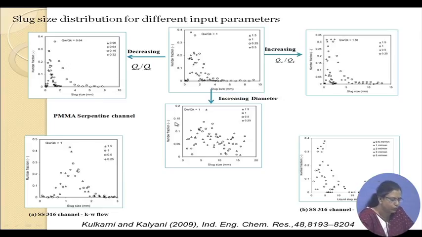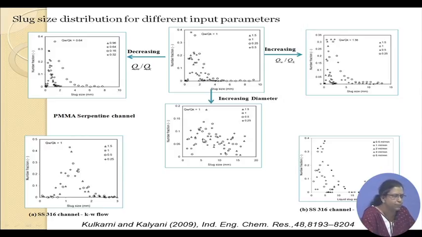From these experiments we find that when QW by QK, the flow ratio of water and kerosene, is not equal to 1, the influence of flow rate is much more drastic, as you can observe from these two graphs, as the curves for different flow rates show, whereas for QW by QK equal to 1, the influence of flow rate is not so drastic,